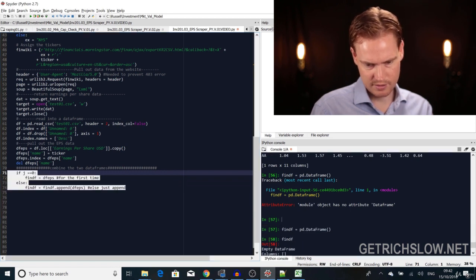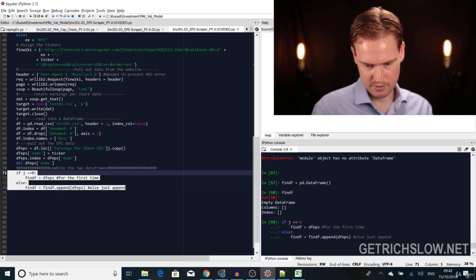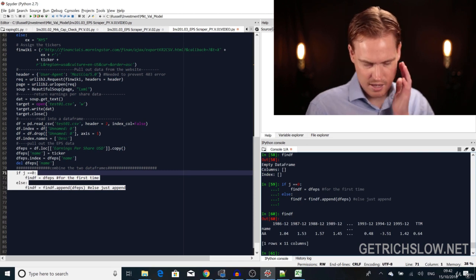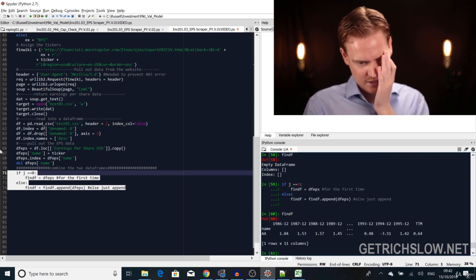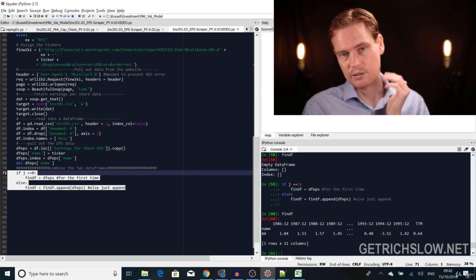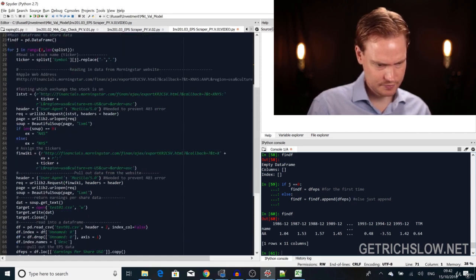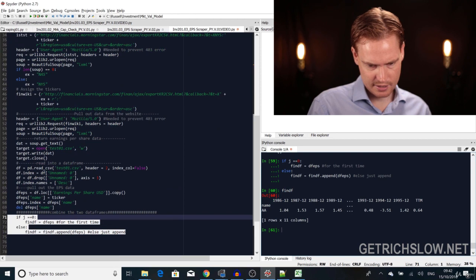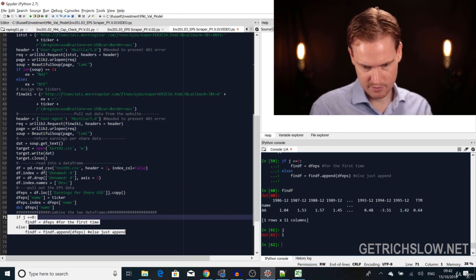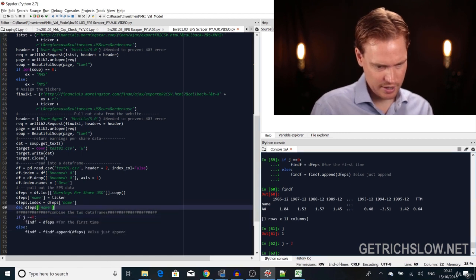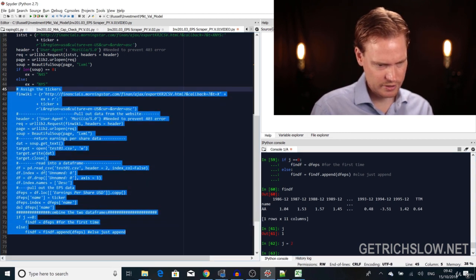Now j is not equal to 0, so this is probably not going to work. Hey, looks like it did. So there we go. So this code might actually just be redundant, but whatever. So in our final df, just to demonstrate this, currently, what is j? j is equal to 1. If I make j equal to 2, and I run all of this code,